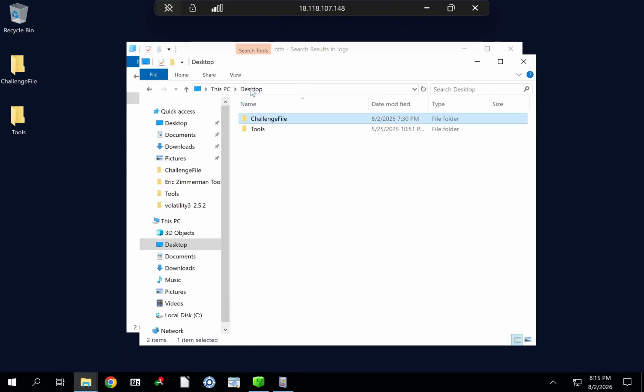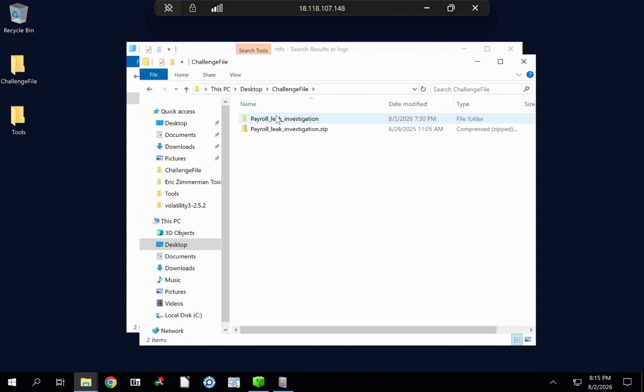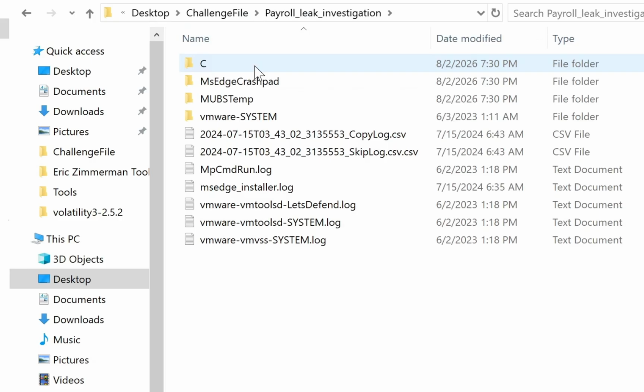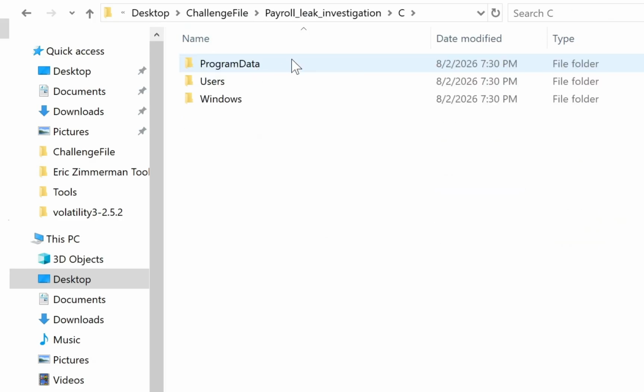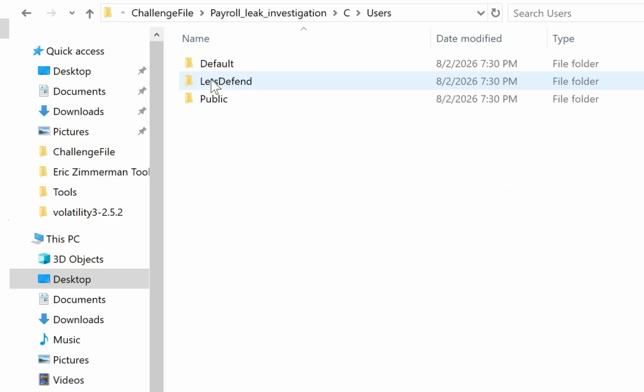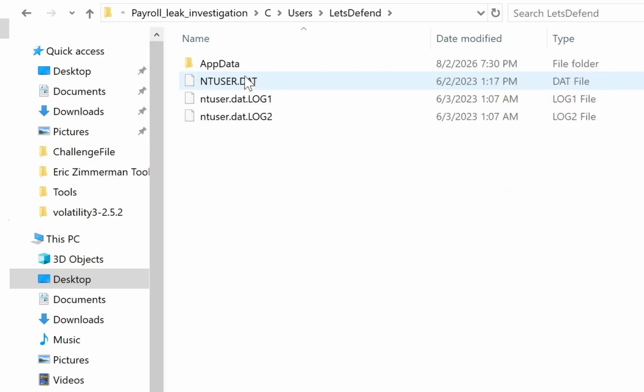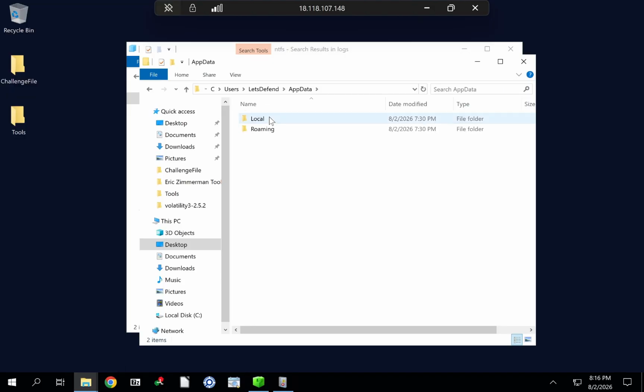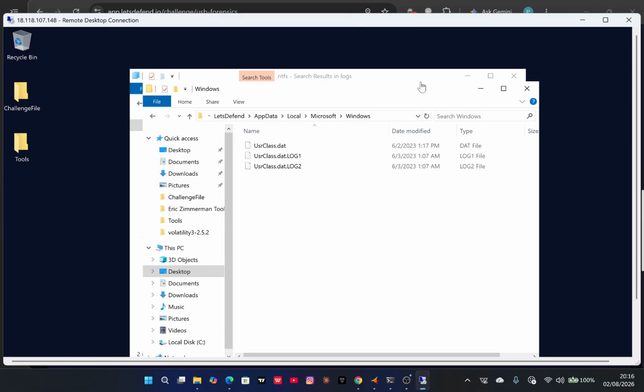Basically, the information about ShellBags is stored within, let me open the challenge file, the payroll leak investigation folder. Then we come to the users folder, then Let's Defend, and we have our data, then Local, Microsoft, Windows. This UsrClass.dat file is what contains most of the ShellBags. Another way to see this is,